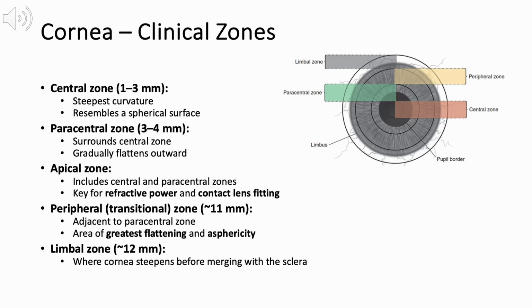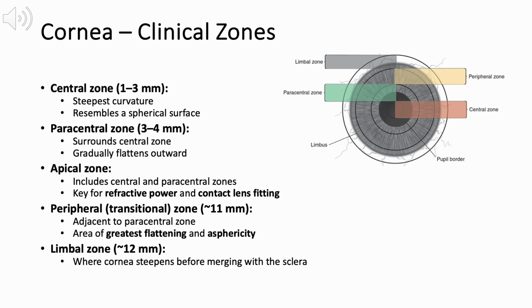The cornea is divided into distinct zones based on curvature and anatomical function. The central zone, 1 to 3 millimeters, has the steepest curvature and resembles a spherical surface. Surrounding this is the paracentral zone, 3 to 4 millimeters, which gradually flattens as it extends outward. Together, these form the apical zone, which plays a critical role in refractive power and is essential in contact lens